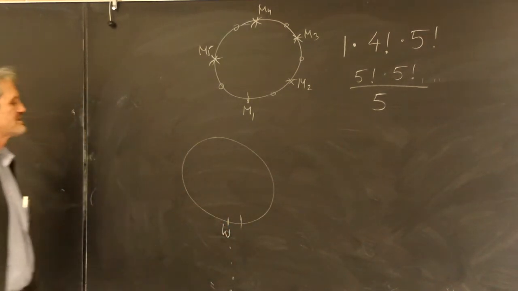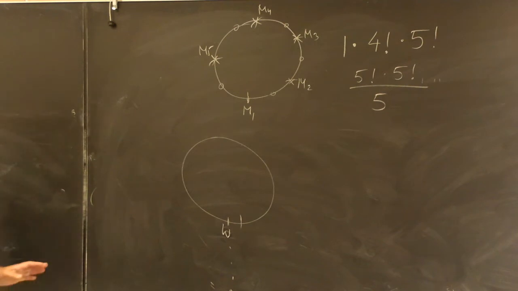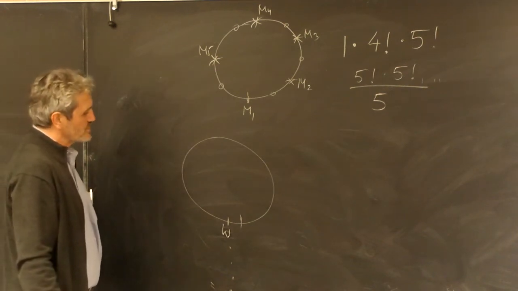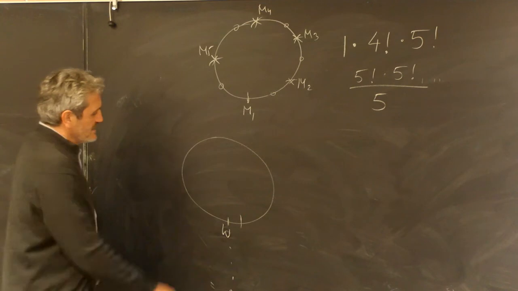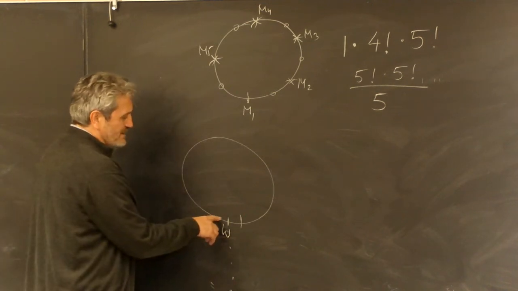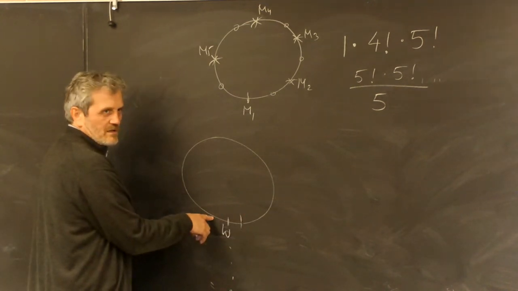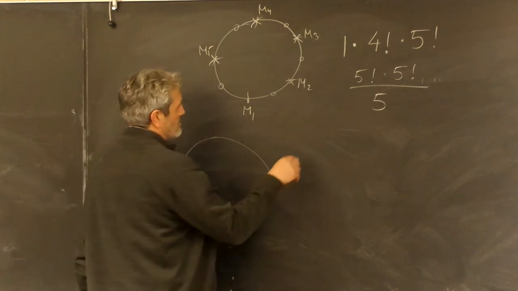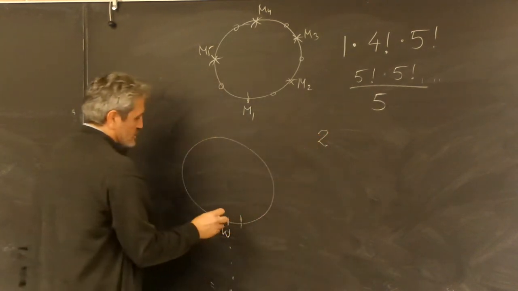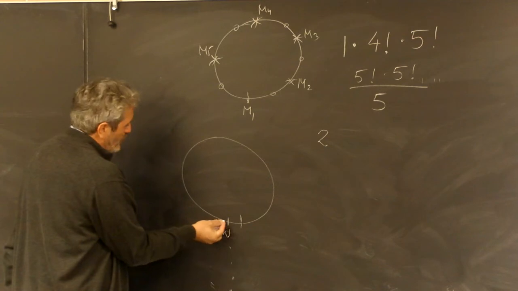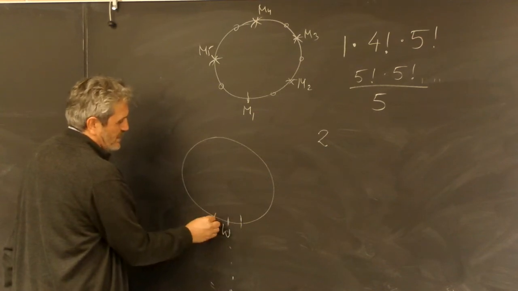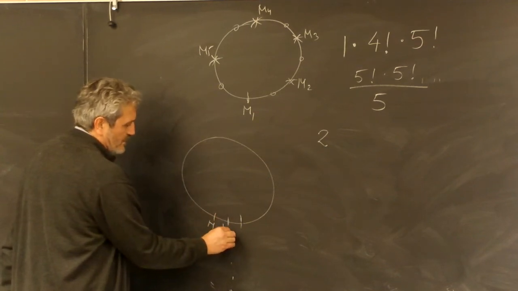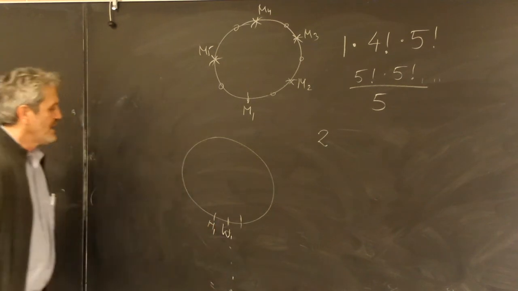That the marker points to that first woman, so to take care of the rotation. And then what happens? Then the husband of that woman sits either left or right. Do you agree? So that's in two ways. So once you fix where the husband sits, let's say wife one, husband one, then